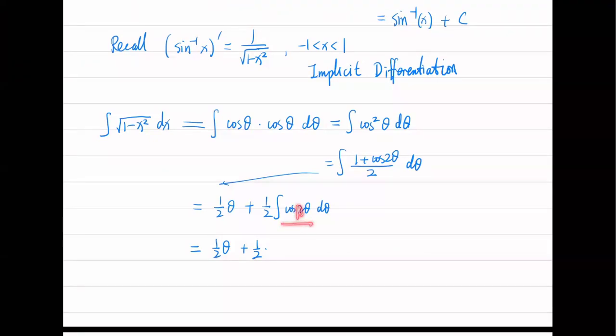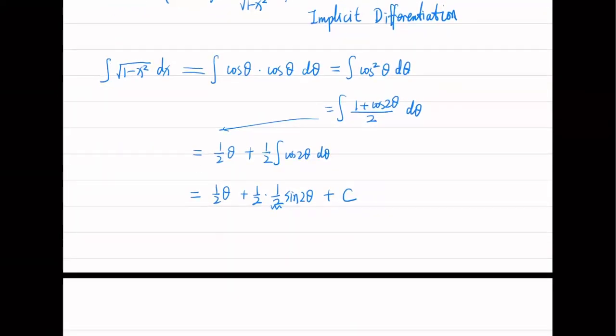Sine. Okay, now I have cosine 2 theta. It will be sine 2 theta, but with some correction. What's the coefficient? 1/2. Nice. Okay, so the result is,